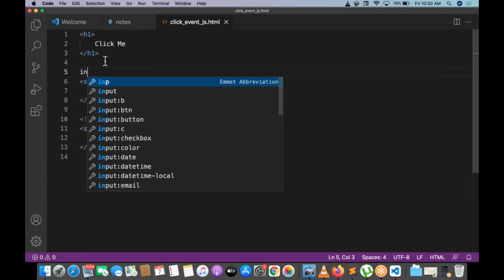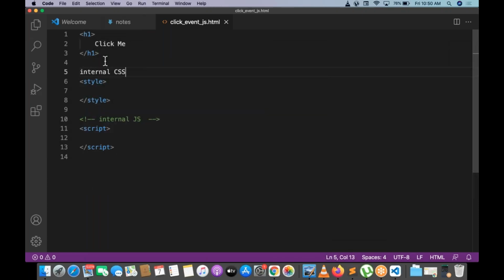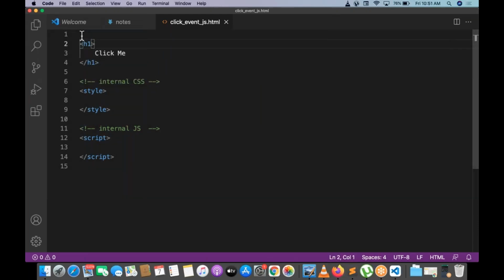And this is called internal CSS. And this is the content of HTML. So we have three things now. HTML section is there, CSS section is there, JavaScript section is there.